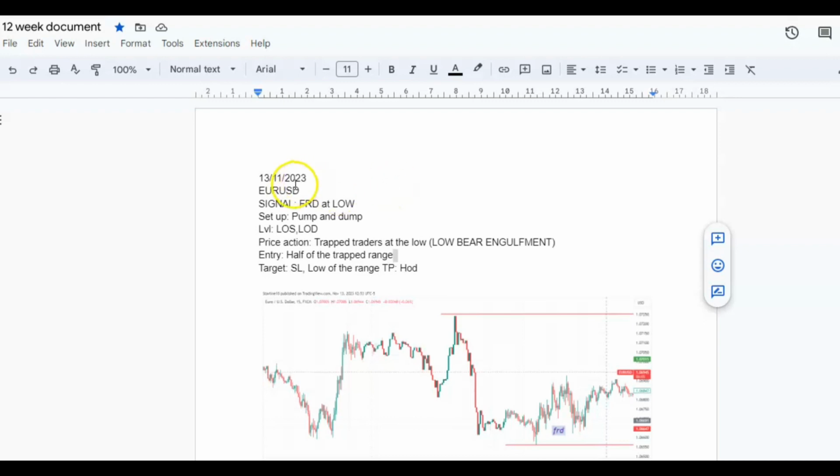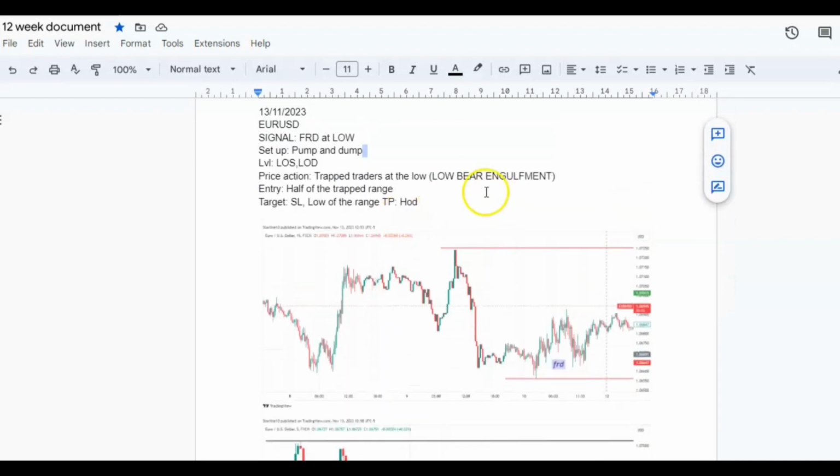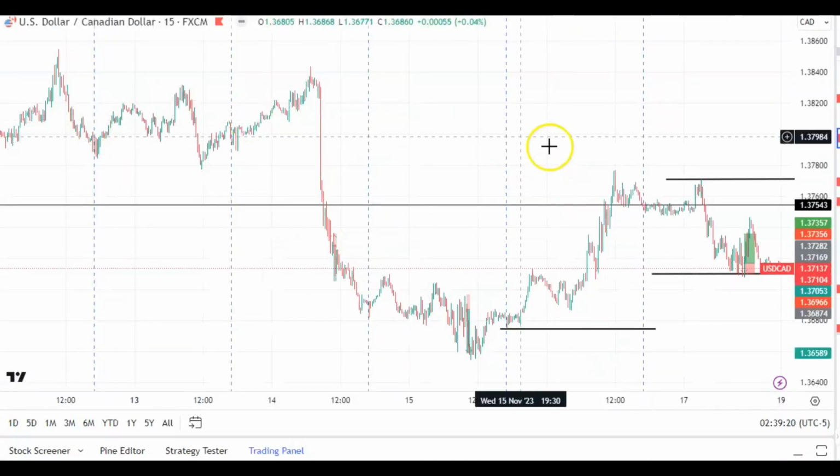Alright, so the first trade of the week was EURUSD, and as you can see, our signal was a first trade day at the low of the week, and then the setup I was looking for was a pump and dump setup. Now, the level that I wanted to take the trade in was the low of the session or the low of the day. And then the price action that I was seeing was trapped traders at the low, and then entry was half of that. So let us look at